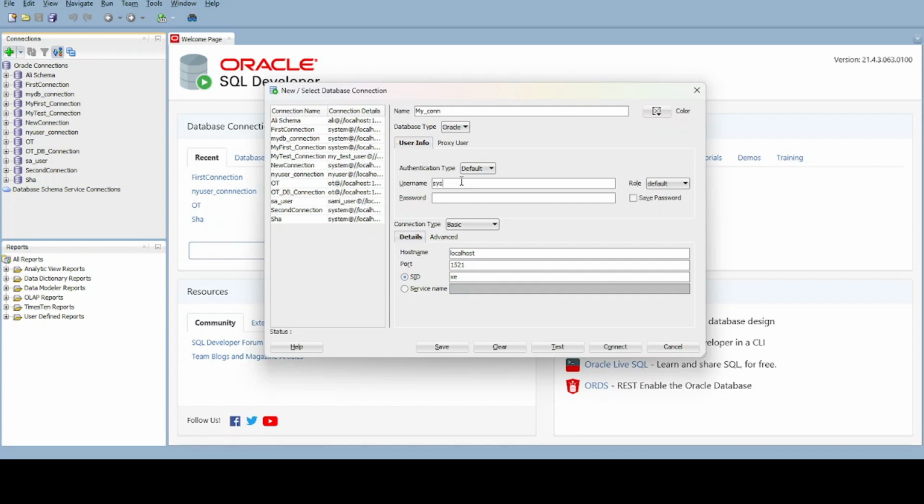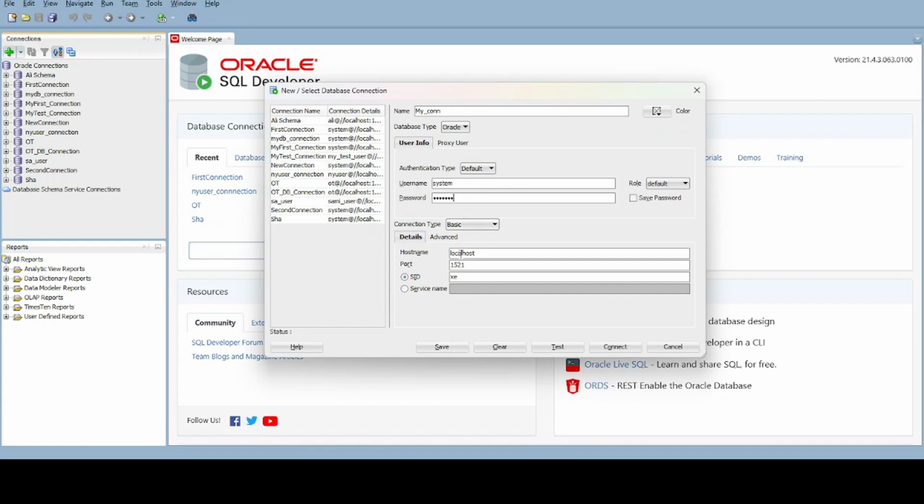So here SYSTEM, this is the system user, and the password that you have provided. You have to give the same password here. Authentication type is default, you keep everything default. You just have to enter the username and the password,